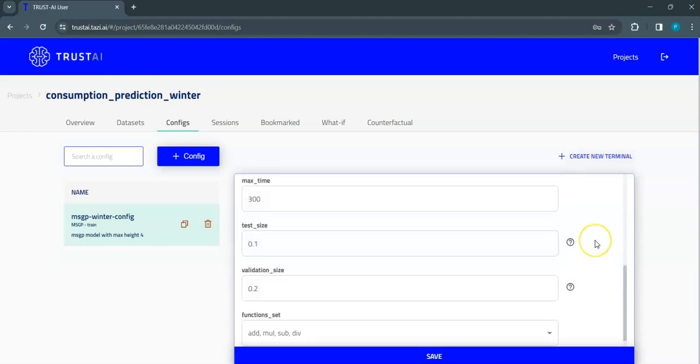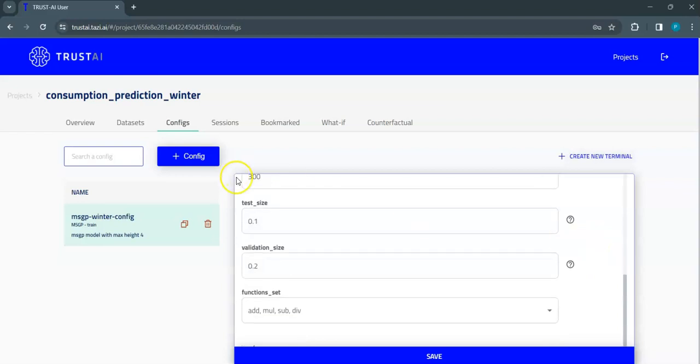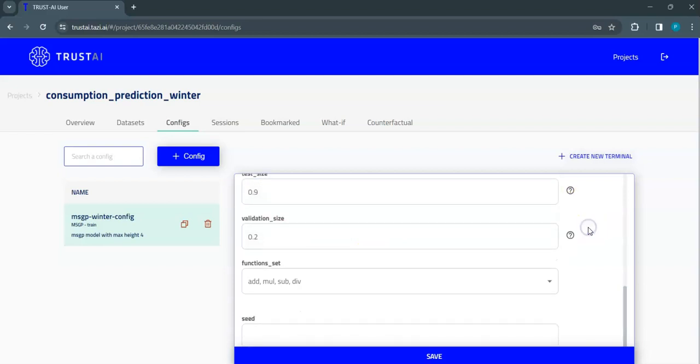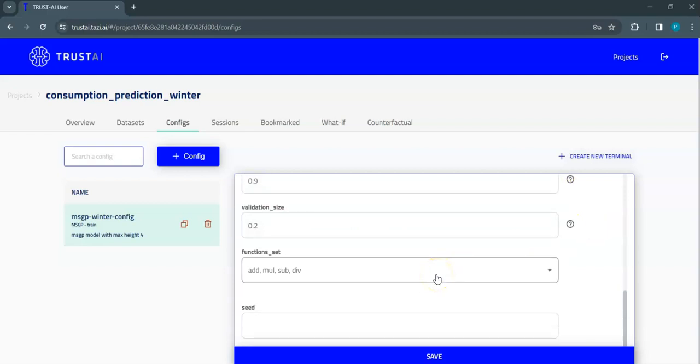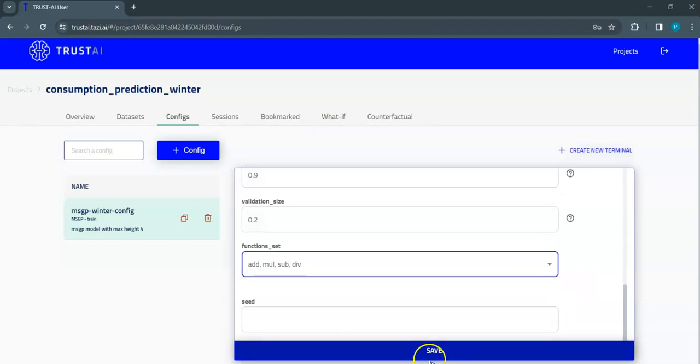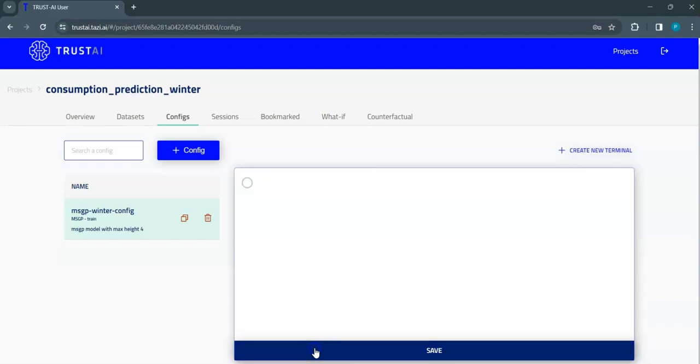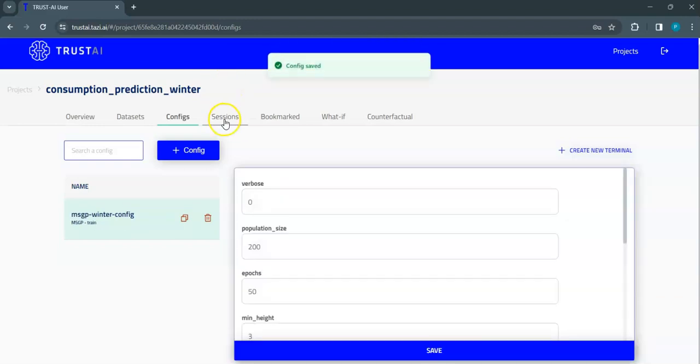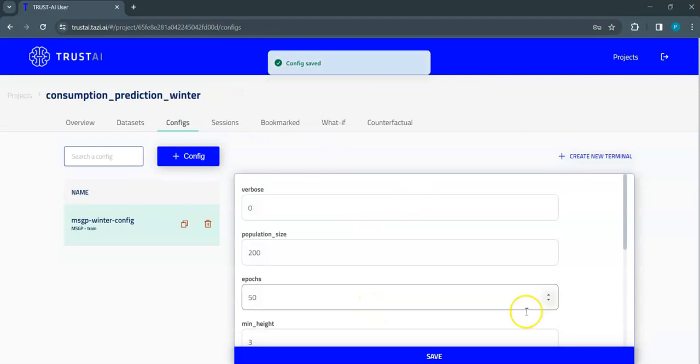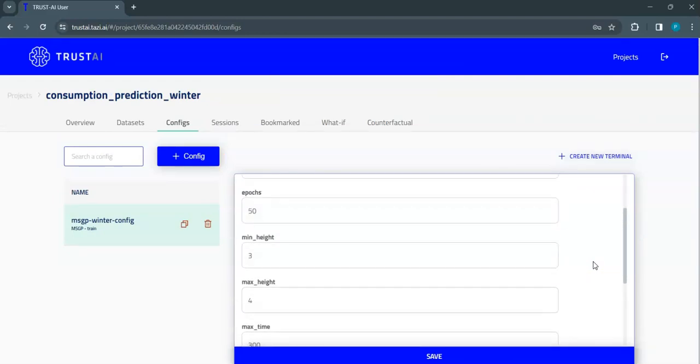Then we can also change the train size, test size over here, and we can also change the functions which we want to use for the symbolic expressions. So these are the functions which will appear in the symbolic expressions, and we can also set the seed value over here. So we save the config, and once we have set the values to our desired ones,